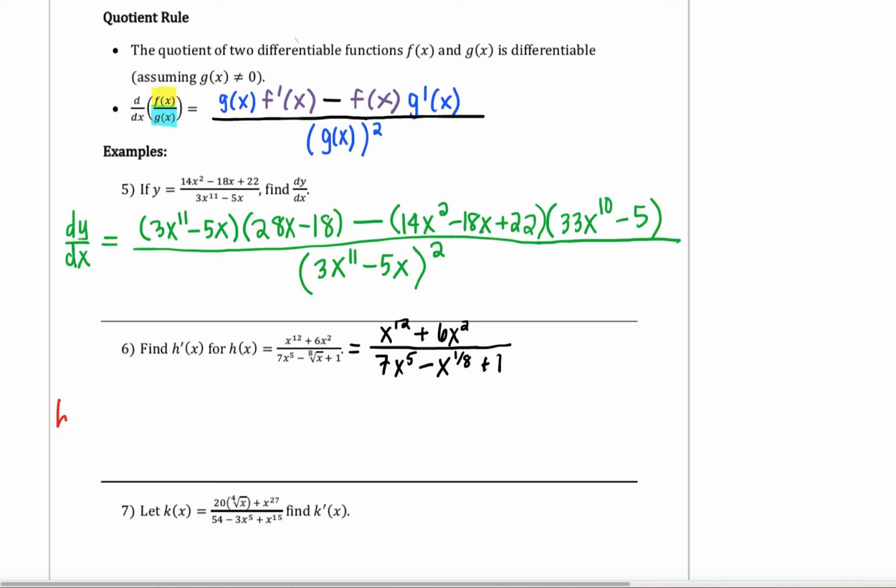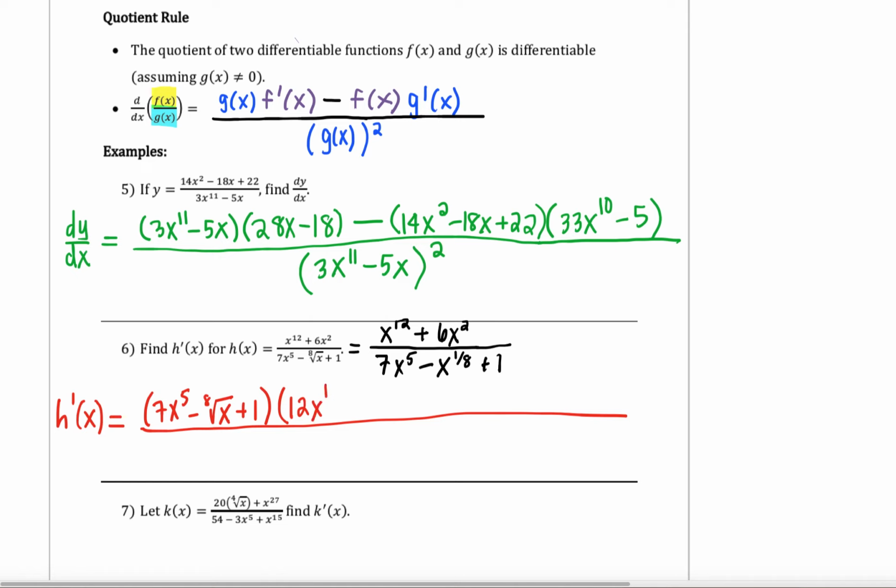Okay, let's go ahead and find our derivative here. The problem called it h prime, so I'm going to label my answer as h prime. Again, a gigantic fraction that we're going to end up with. In the quotient rule, we take the bottom function, so that's the 7x to the 5th minus, I'm going to rewrite it as the 8th root of x to save a little bit of space, plus 1, times the derivative of the top. So using the power rule, we'll get 12x to the 11th plus 12x, minus the original top function, so that's the x to the 12th plus 6x squared,